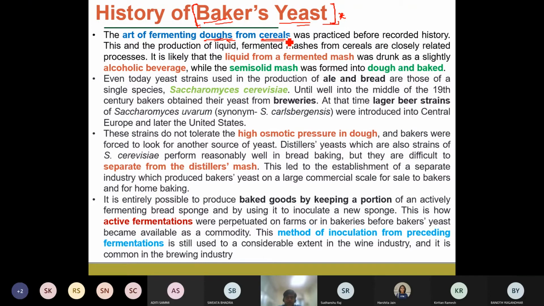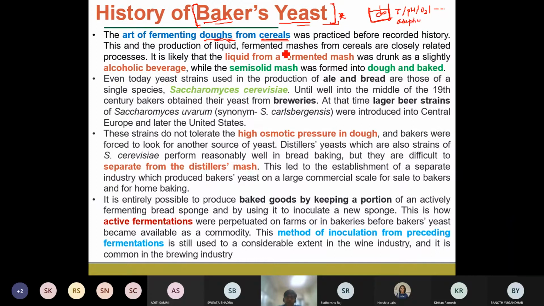and they were fermented, and the fermentation was carried out in natural conditions. Like we have seen with a bioreactor, the advantages compared to the natural fermentation processes: if the fermentation is carried out in a bioreactor, the temperature, pH, and for example the concentration of oxygen and other parameters can be controlled, and we can maintain aseptic conditions.